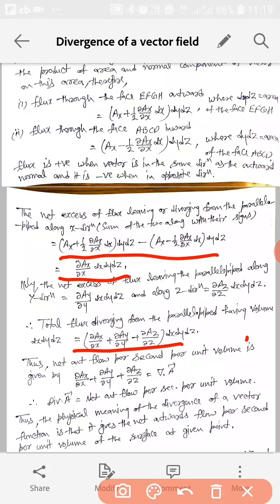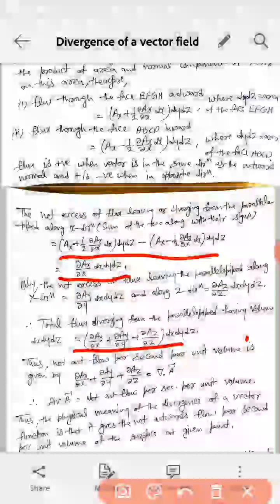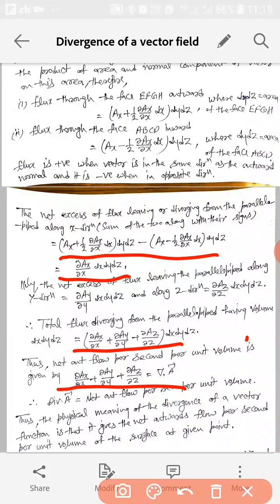So this is the total flux diverging through that whole volume, and if we calculate the total flux, the net flow per unit volume, since dx dy dz is the volume, then the total flux per unit volume will become ∂Ax/∂x + ∂Ay/∂y + ∂Az/∂z,